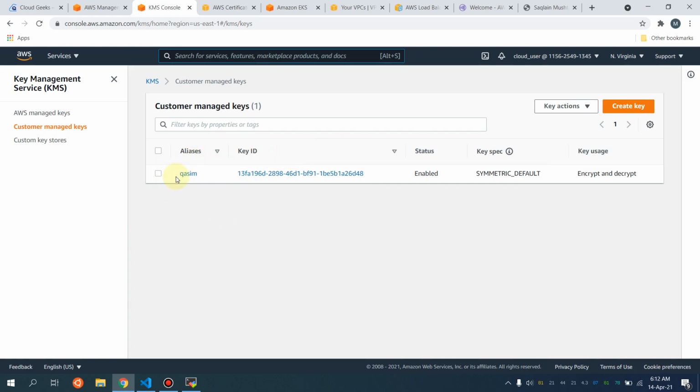So this is the key alias Qasim I've created. Okay, so he's my brother, younger brother. Okay,